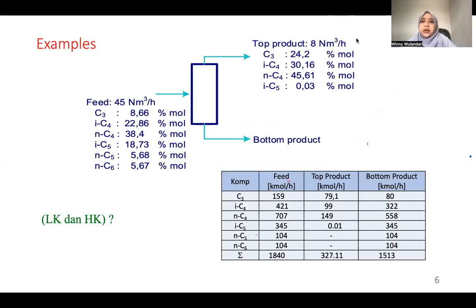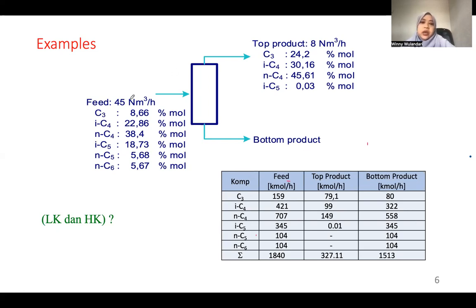Okay, so now let's have a look at this one. This is an example where you have a feed of 45 normal meter cubic per hour, with this top product here, and then this is the bottom product. If we look at this, I think in the distillation column it is specified what the top product is. But normally,